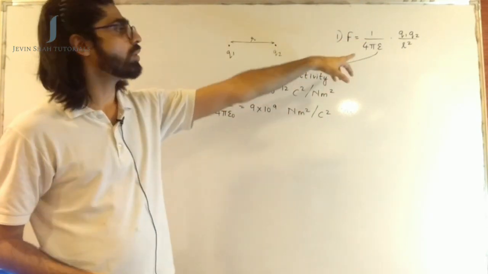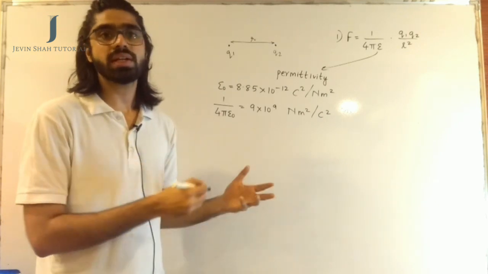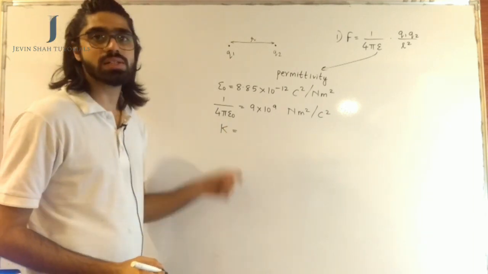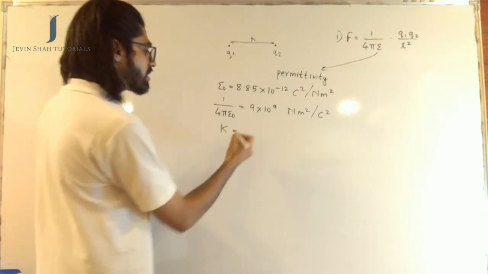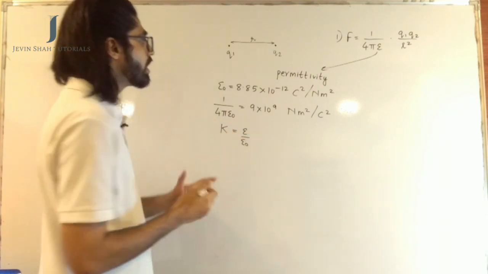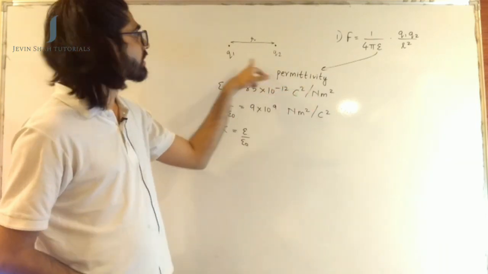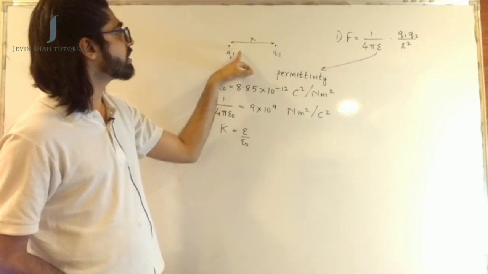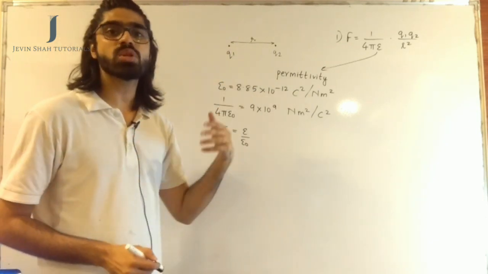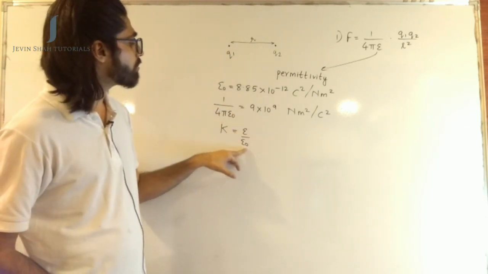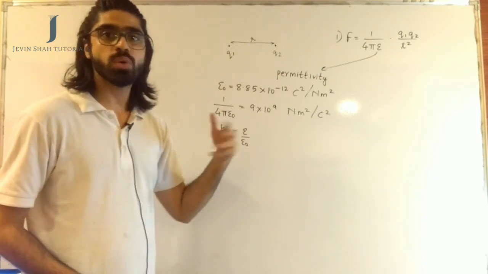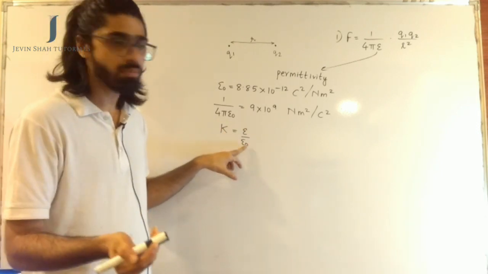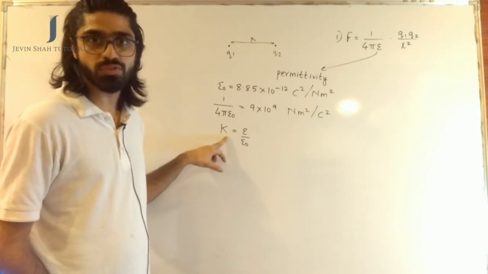Now since we are already learning about something called permittivity, let's go ahead with learning dielectric constant also. For any medium, we can define a term K that we say is the dielectric constant for the medium. It is simply epsilon by epsilon naught. Like I said, permittivity is something that depends upon the medium. So epsilon was the permittivity of the medium present between the two charges Q1 and Q2. If the medium is not air, then you can define epsilon upon epsilon naught. Epsilon naught was the permittivity of either air or free space, vacuum. So that epsilon upon epsilon naught for the medium will be called the dielectric constant of the medium.